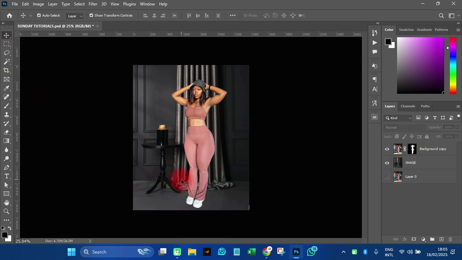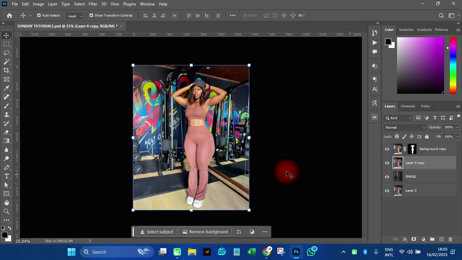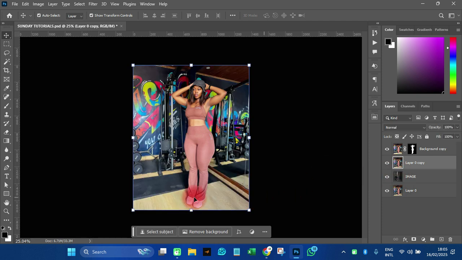As you can see, it's somehow beautiful and it's nice. You get that? Yes. So the next thing again I'm going to do is to turn on this one and then duplicate it. The down layer, I'm just going to duplicate it and then move it to the top here. You get that? Then when I move it to the top here, the reason why I duplicate it and I move it to the top to cover that particular background is that I just want